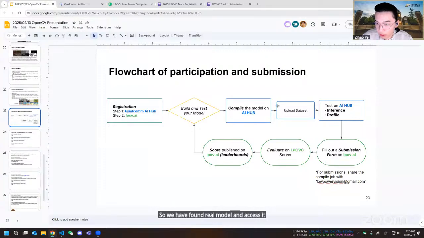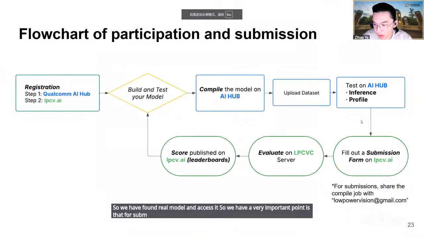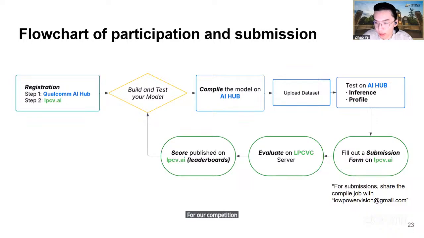We have a very important point: for submissions, you'll have to share the compiled job with this email address, lowpowervision@gmail.com. That's actually the official email address for our competition. Only that way we can access your model for the evaluation.